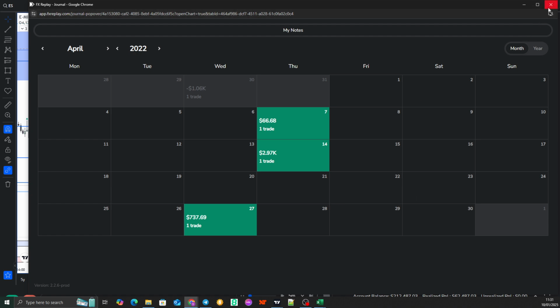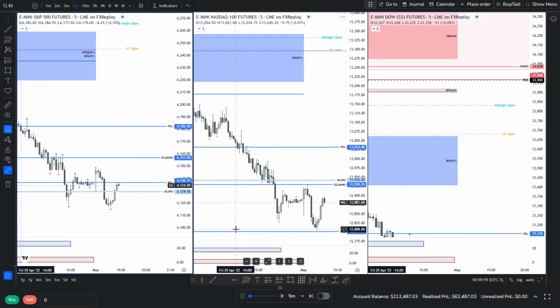Going to document those on my own independent spreadsheet just so I can keep track of everything and give you guys some proper information. But it really does annoy me that FX Replay just randomly creates some random trades and stuff like that into your data. But anyway, going to leave this one here. Hopefully you took something away from it. It was a real tough slog. Not one of the finer days, but we're moving forward nonetheless.